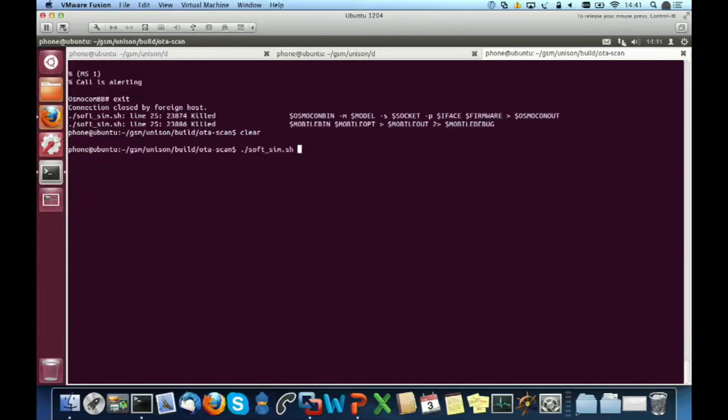Let's see. So now this should be logging into one of the Dutch networks. And then we can use it as a normal phone. This step sometimes takes a long time, so let's be patient for a few seconds.